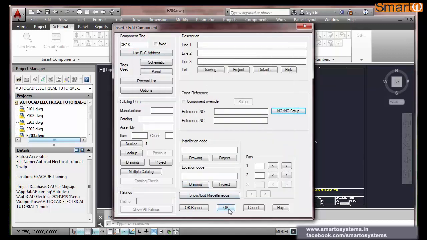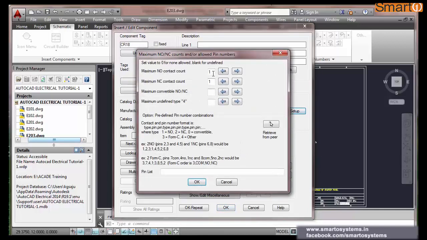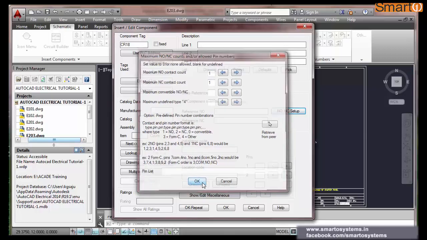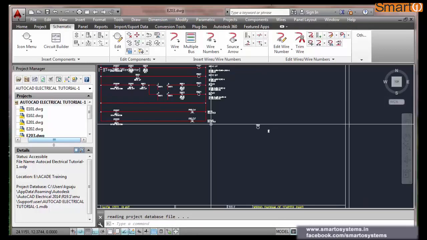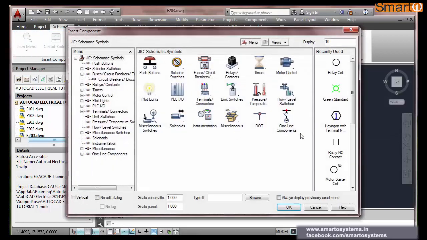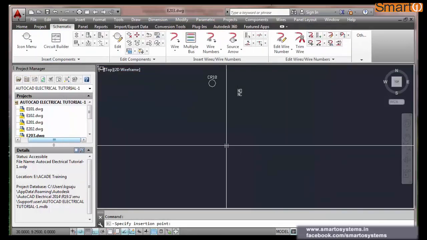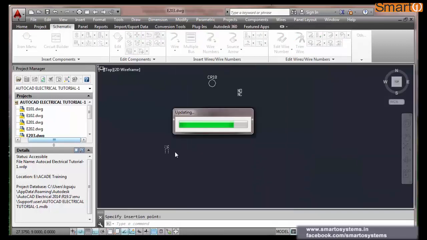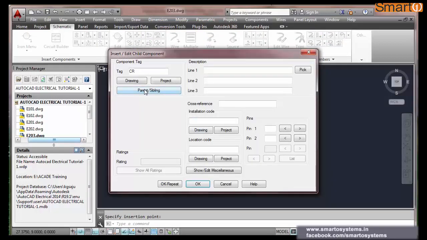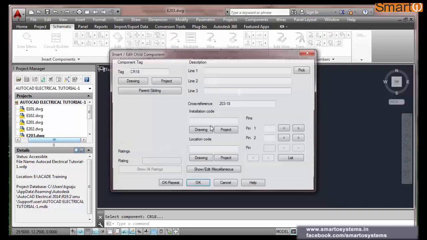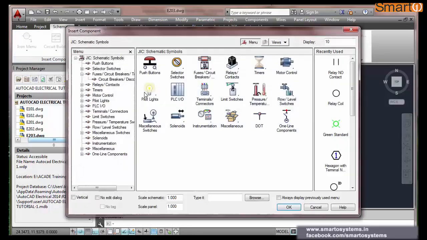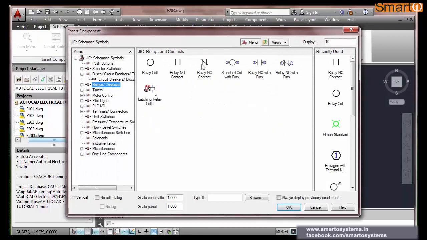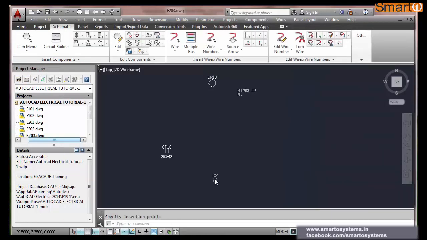This is CR8, right? Again you see I have chosen only one NO and one NC auxiliary contact for this particular relay. Now we have inserted this here. Suppose I am using the contacts of this particular relay. CR8 NO contact, I am going to pick it here. Put it here. Parent, I am selecting this thing. Okay. So NO comes here. Fine. Now I am going to put a relay contact. NC is here.